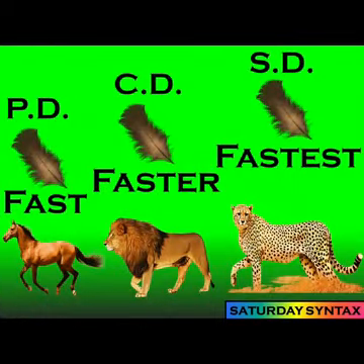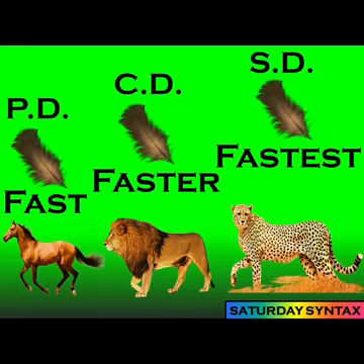Now we'll see some more examples with pictures. Here we can see different animals, like the first one, that is horse. Of course, the horse runs at the speed of 45 km per hour. So we can say the horse runs very fast.